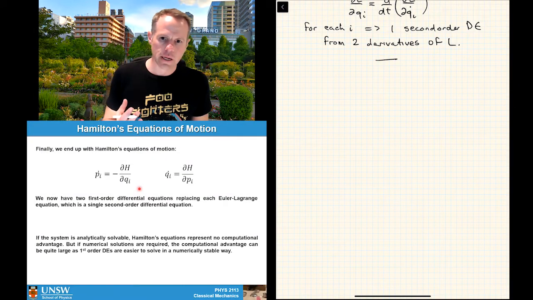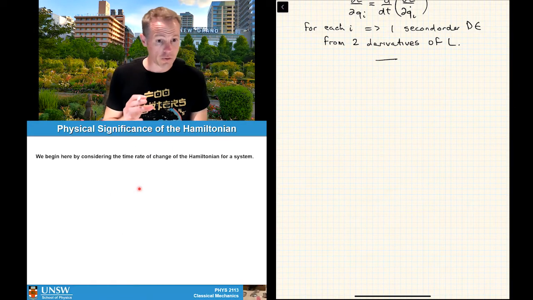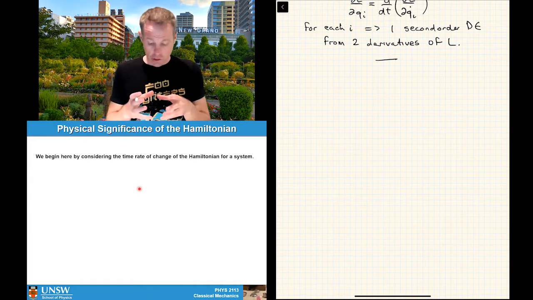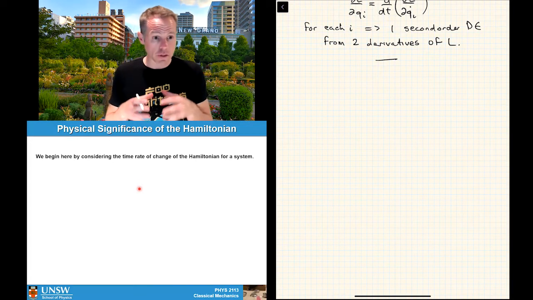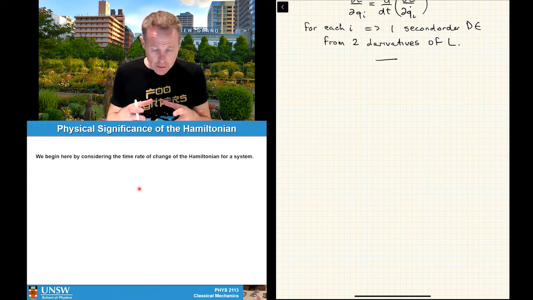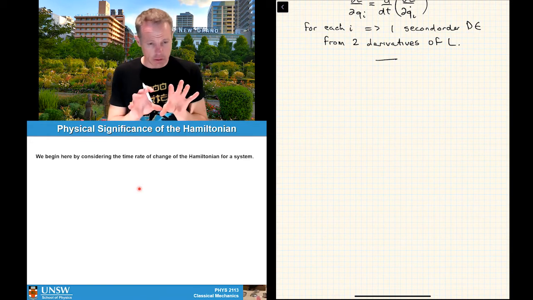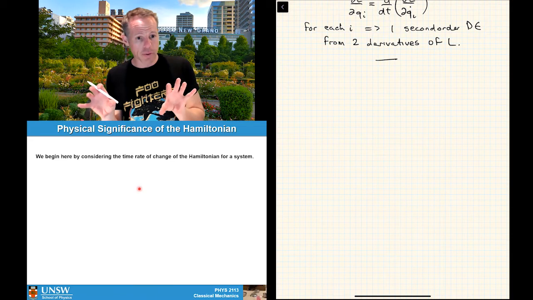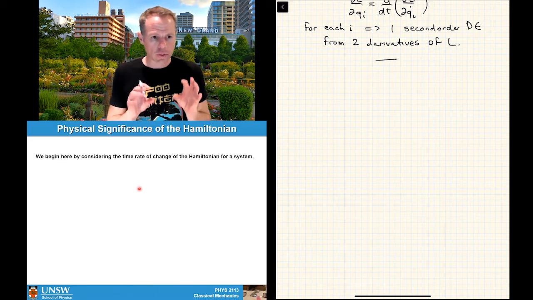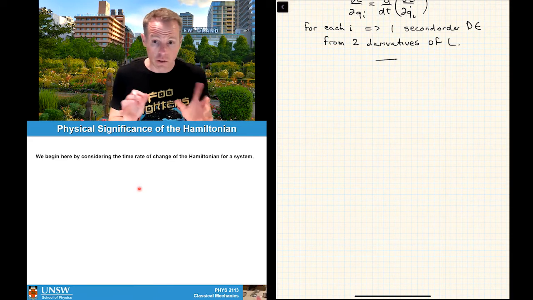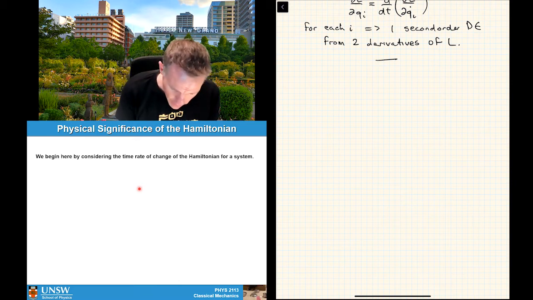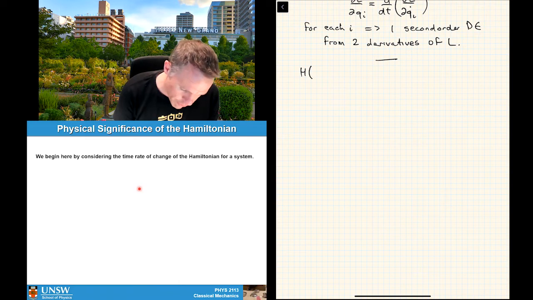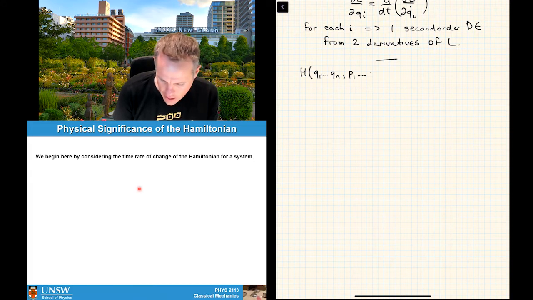Where I want to go with this next is to look at the physical significance of the Hamiltonian while we're dealing with just theoretical aspects of this new approach that we've brought together. And so what I'm going to do is step away from what we've just been doing with Legendre transforms and just deal with the Hamiltonian as a function on its own. So we have our function H, which is a function of q1 through to qn, p1 through to pn, and